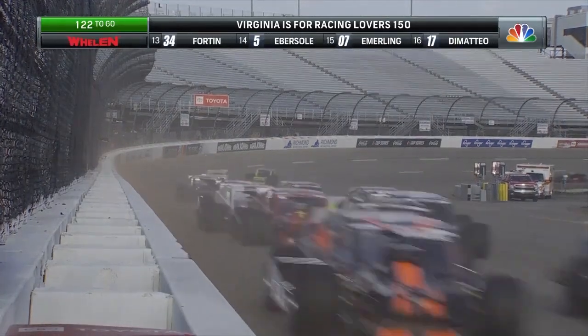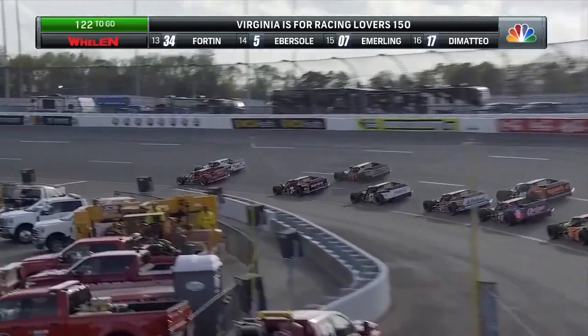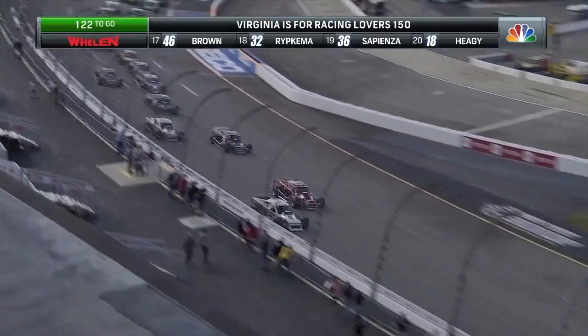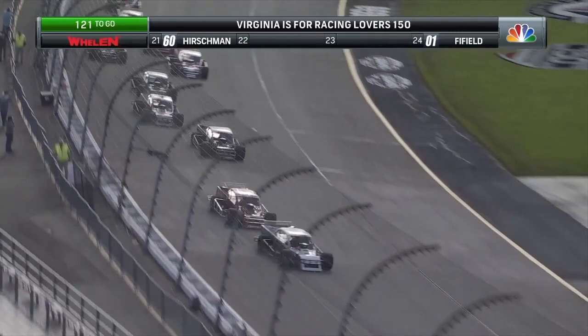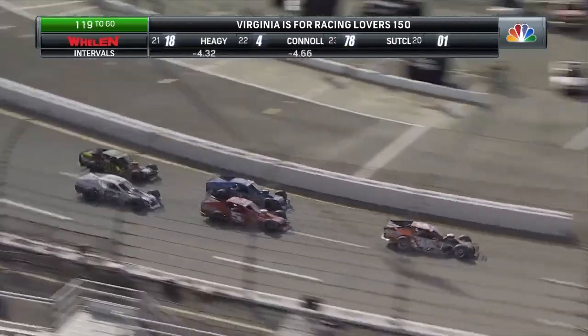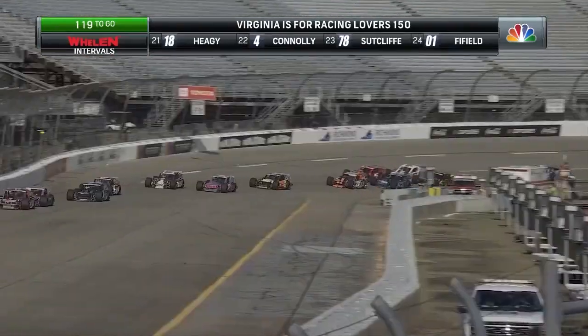Into that speedy dry up in the outside lane of the racetrack, they are wheel to wheel down the back straightaway into turn number 3. Catalano on the bottom. Both these drivers have not yet won a race, and it's the outside lane that'll prevail. Austin Beers around the top side takes over the race lead in turn 1. The outside lane has got hooked up with those feel-good Hoosier tires on the cars, and now we see Ebersol